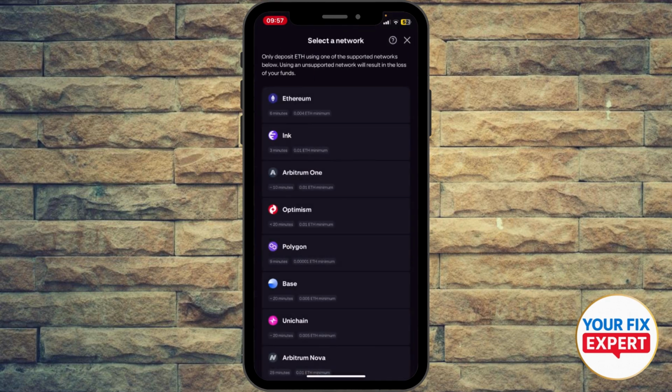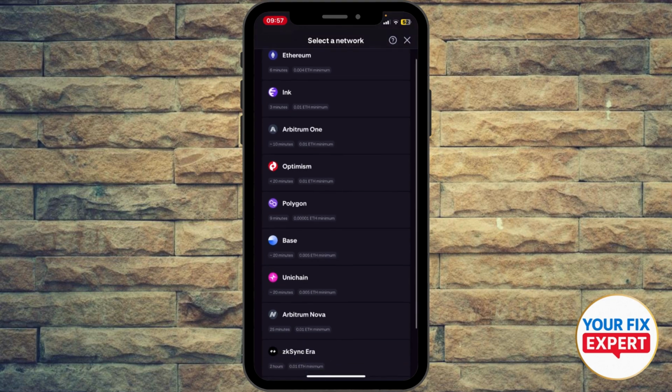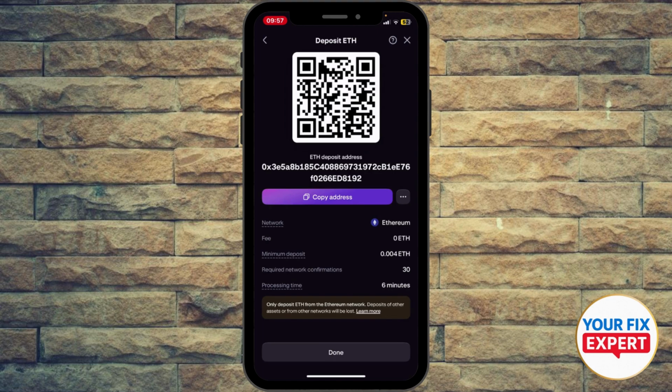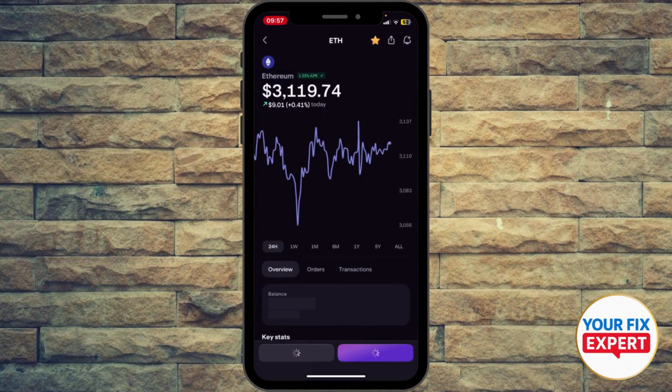Inside, what you're going to do is select your network and then deposit on chain. So you're going to go to your platform and withdraw Ethereum using a network, or using a chain, and you're going to select the Ethereum chain, and an address will be generated. You're going to go to your other wallet, paste the address, and select the amount of Ethereum you want to withdraw onto Kraken. Basically, that's how you add funds